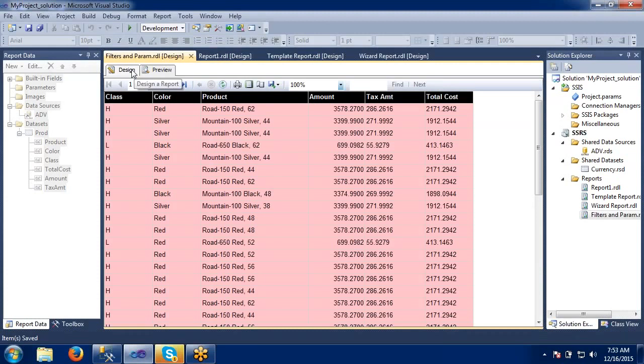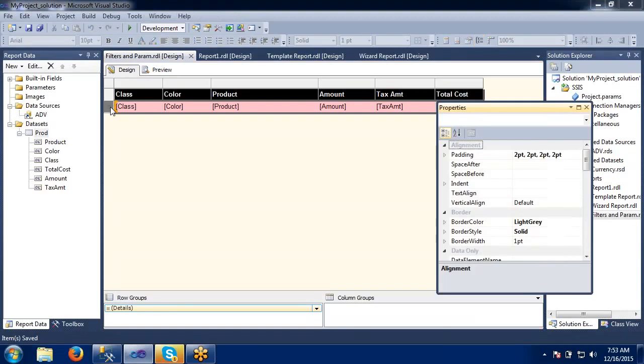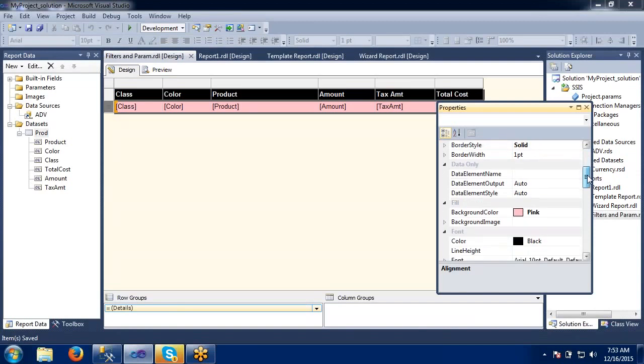So what I would like to change now is, I don't want this pink color. I would like to have some alternate color. First row some color, second row some color, again third row will be some color. So how to achieve that? This is an important question when we will be using it in interviews. For that, what we need to do is select those rows, go to the background color